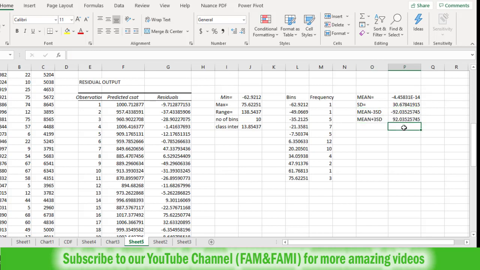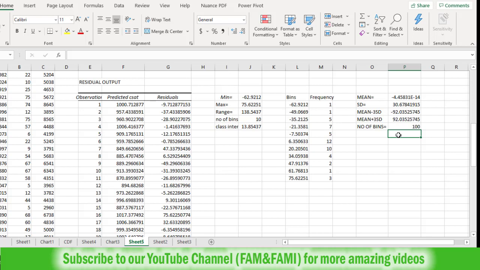So here in this cell I am going to construct the number of bins. So number of bins, 100. You can even choose 200 or 400 or even 1000. The larger the number of bins, the smoother the normal density curve will be.